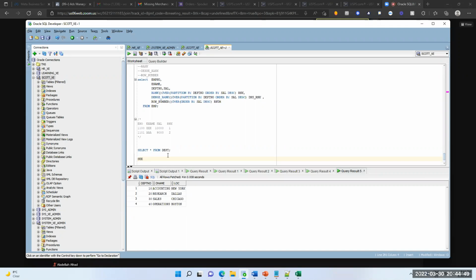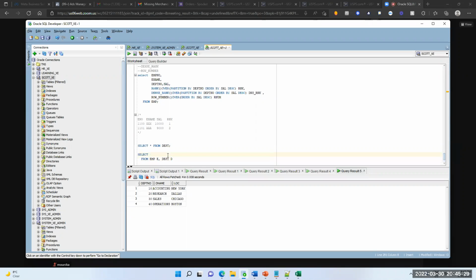See here, first I'll frame the query, then we'll decide what you want exactly. Okay, from clause, what are the tables we want now? Employee and department table, right? Yes, these are the two tables we require. So in the from clause we have to write the required tables. We can give some alias names here: employee E for reference purpose, department D.